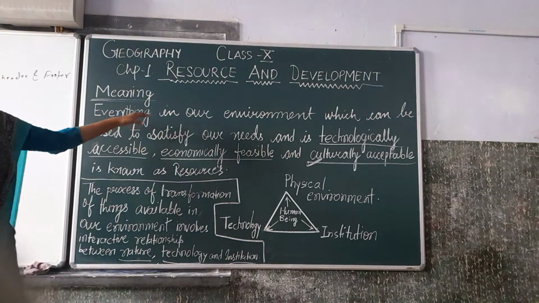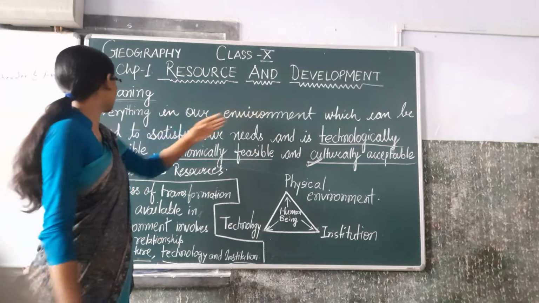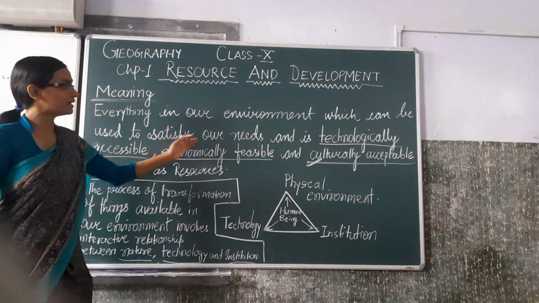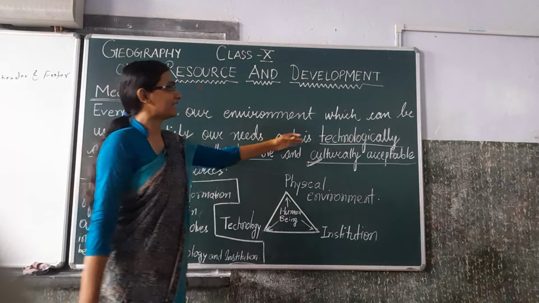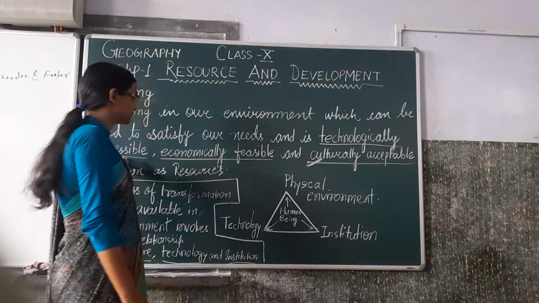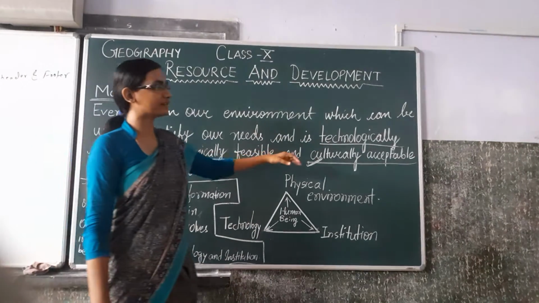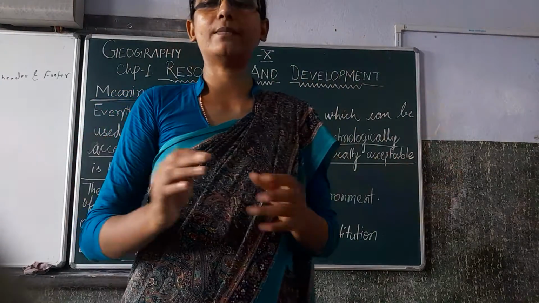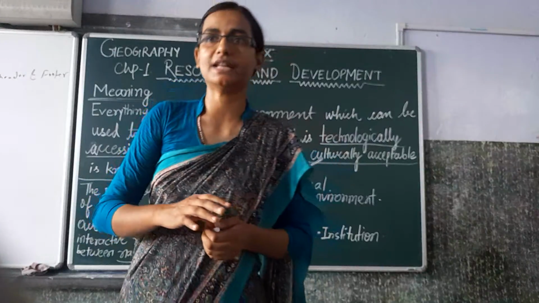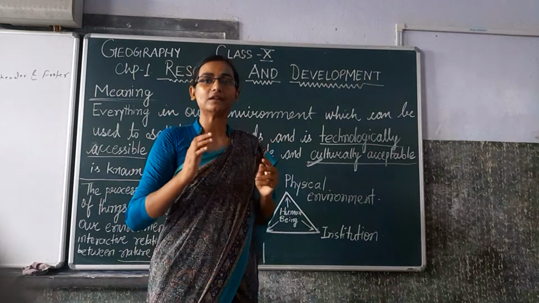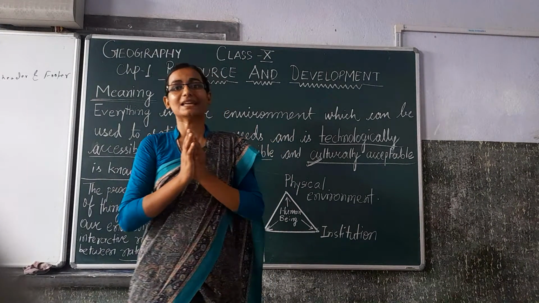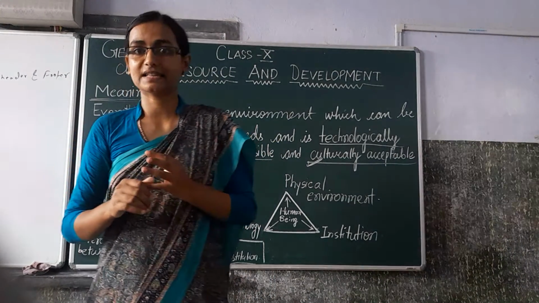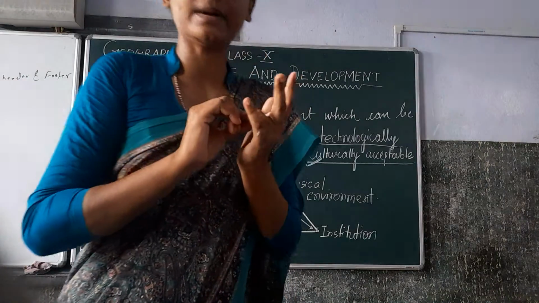Everything in our environment which can be used to satisfy our need, and is technologically accessible, economically feasible and culturally acceptable. Means anything available in our environment. There are so many things available in our environment, and that particular thing should be technologically accessible, economically feasible and